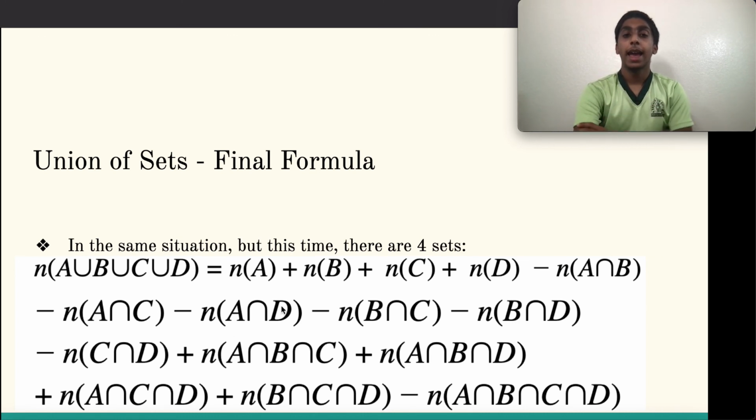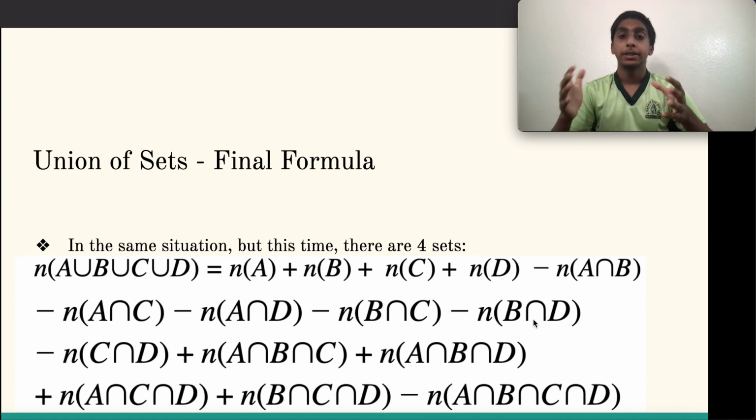Now we're simply going to add in our D part, so even when we're doing unions, and later when we expand it in our intersections, we're also going to need to include this D whenever we're doing it. Essentially, as you can see here, we're splitting it up, so we're going to do the intersection of A and B, then the intersection of B and C, then the intersection of B and D, and we're basically doing every single possibility of 2 circles, finding their intersections,